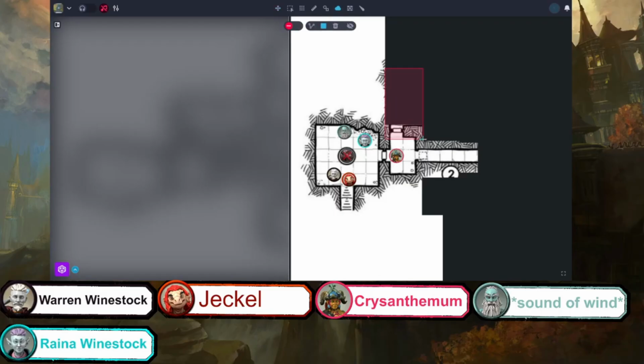That feels about right for 60 feet in that direction. You can't see past the bend here, but you can see up to about a corner in this hallway.